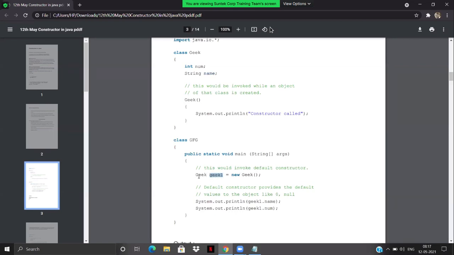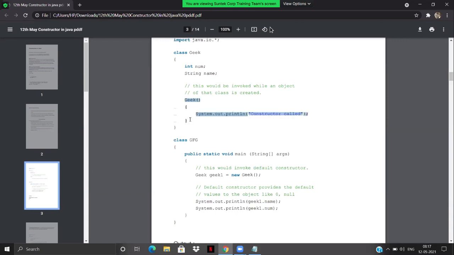Now, what will happen when I create an object? Can anyone tell me what the output for this should be? Guys, let's give it a try. It might be wrong, it might be correct, but let's think. Default constructor. Okay, but we have already replaced the default constructor with our constructor, right?